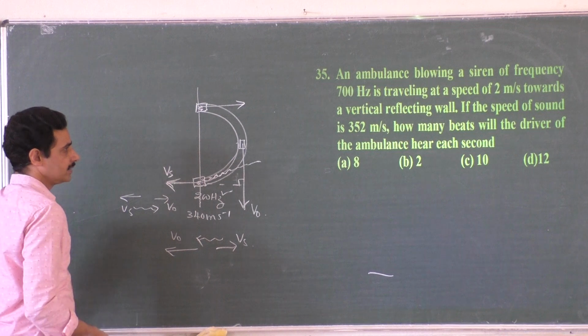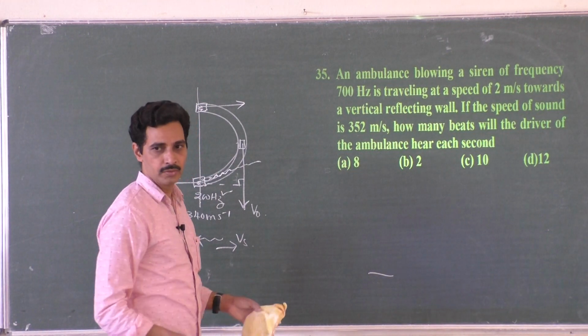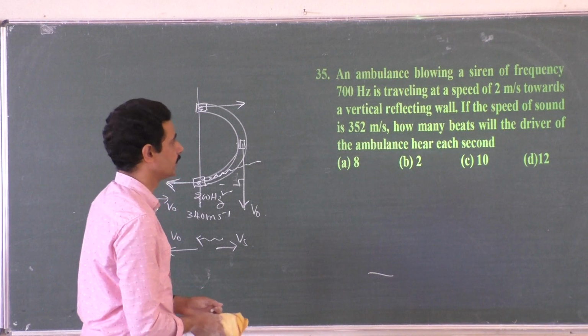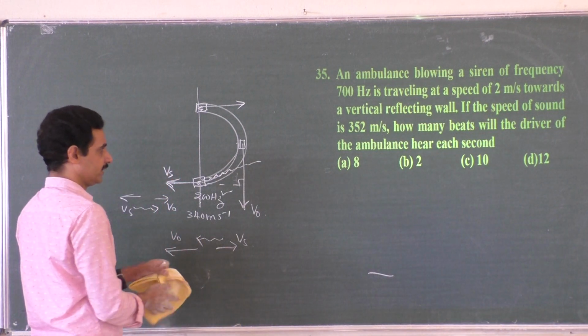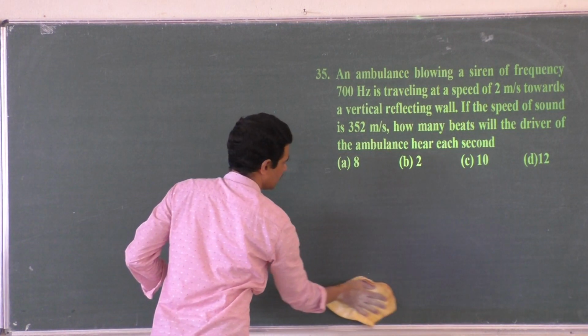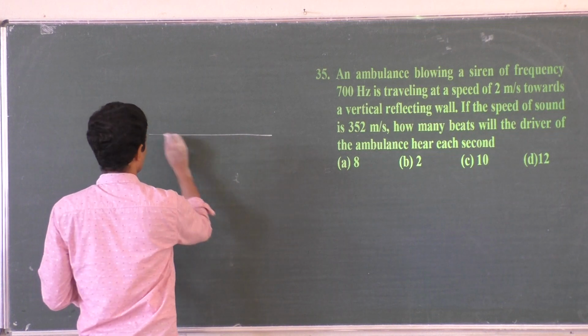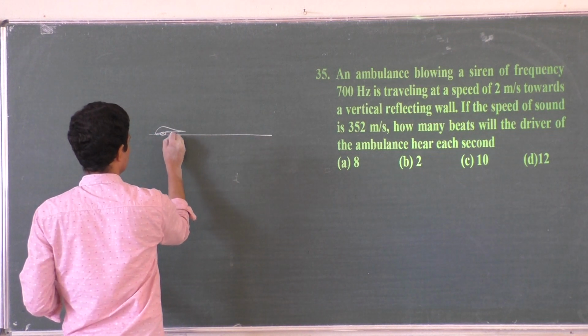Problem 35. An ambulance blowing a siren of frequency 700 Hz is traveling at a speed of 2 meters per second towards a vertical reflecting wall. Now we are coming to the same point. If the speed of sound is 352 meters per second, how many beats will the driver of the ambulance hear? So the ambulance is driven with the speed of